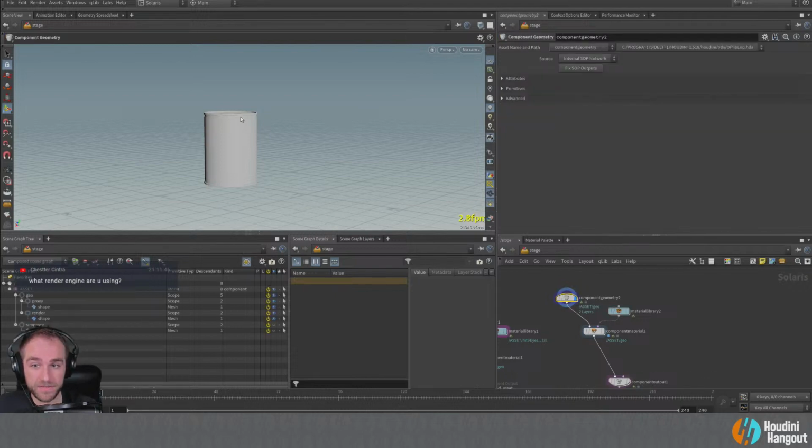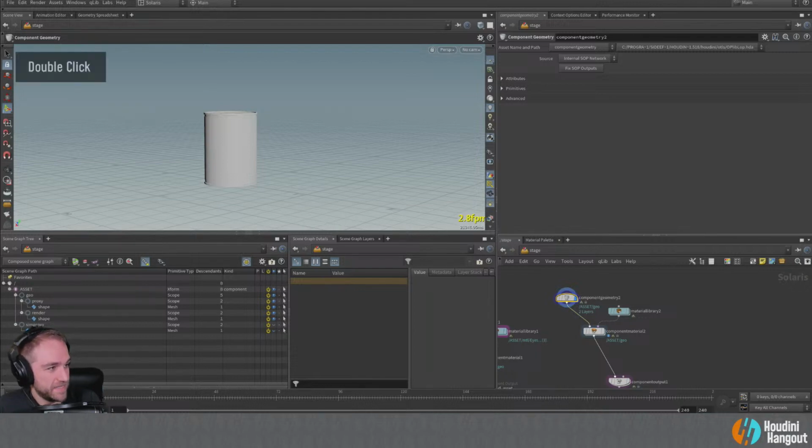For that other image there, I wasn't using any render engine yet. It was just OpenGL. And in this viewport, it's just been perspective. I'll use Karma while I'm showing this, but that's usually what I use. Sorry, give me 1 second. I'm just going to move some files around. Granted, I work for Side Effects, so I'm a little biased, but I really like the speed of the Karma XPU renderer. It's really nice, especially if you have a good CPU and a good GPU. It can really crank.